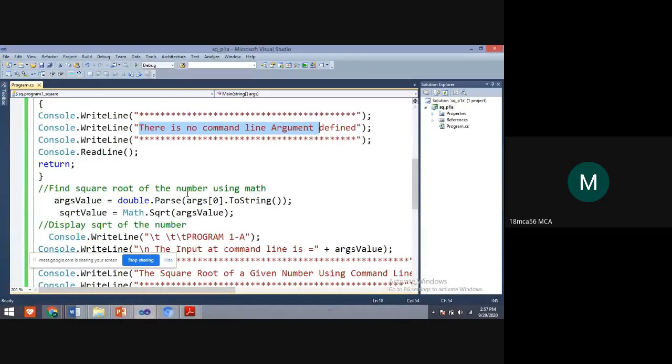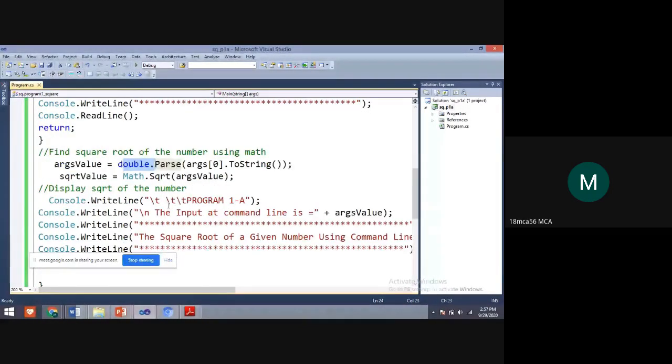And here the argument value is passed to double, and whatever the argument value I pass here as a command line argument, that value will be taken here.